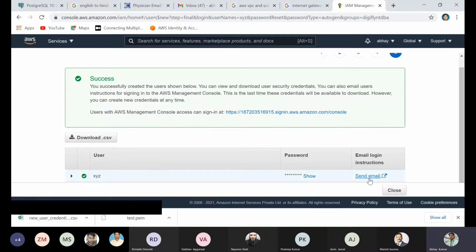From here you can send the mail and so on, and the most important thing: when you are creating a user, you are the cloud admin, so you must share the user ID and password with that user. Here the user ID is XYZ, and here are all the details. Download that CSV file.